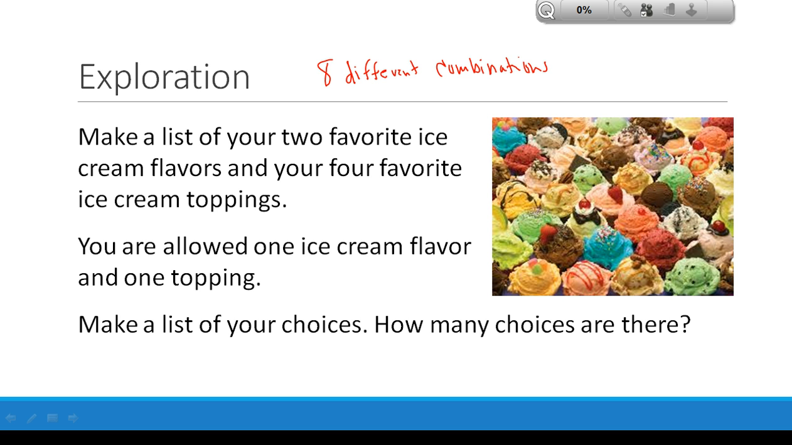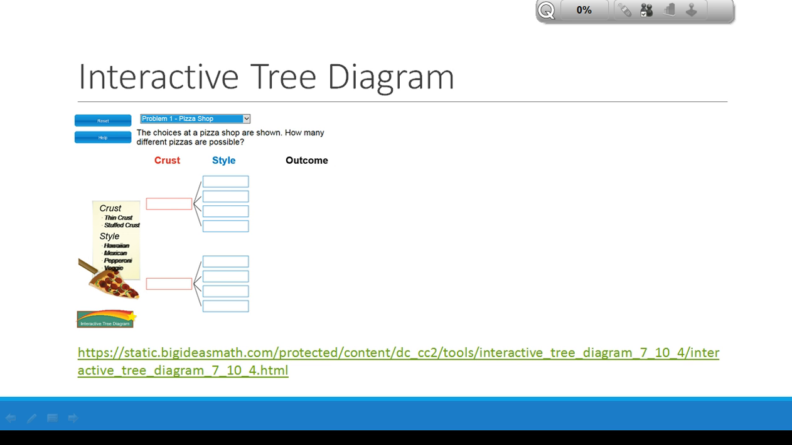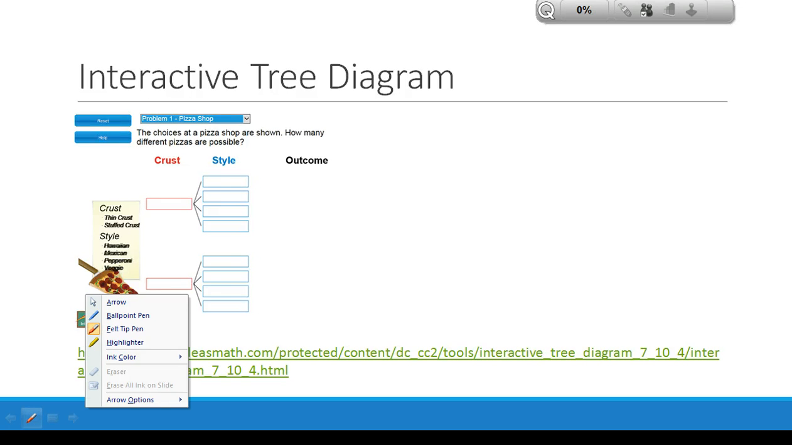Okay, next. So we have this interactive tree diagram, and we're going to go ahead and go to that. So we have to do a little bit of maneuvering so you can see how it works. But this is just a way that we can use to